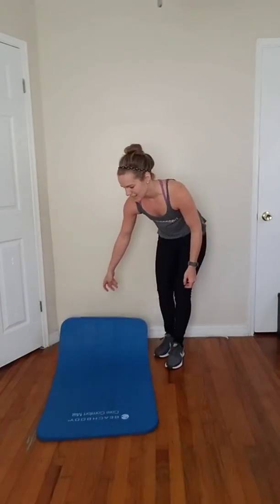Okay, and so with that, let's move on to our final move. For our last move, you don't need weights. If you are on a hard surface like I am, you might want to bring out a mat. If you're going to use a modified elbow version, which I do,